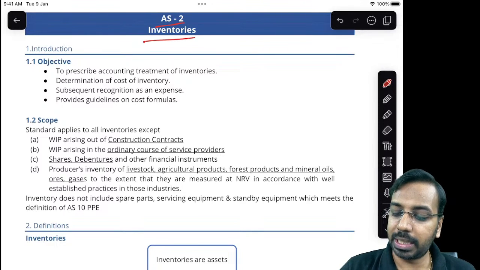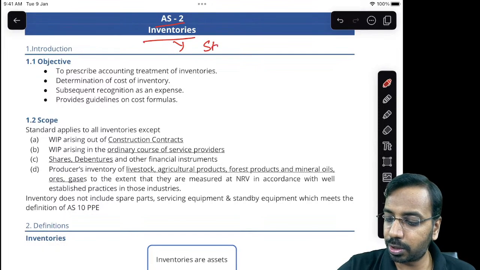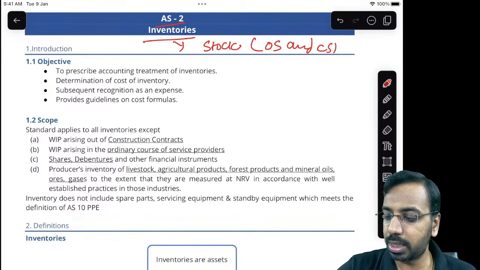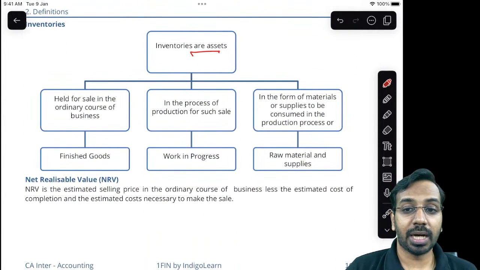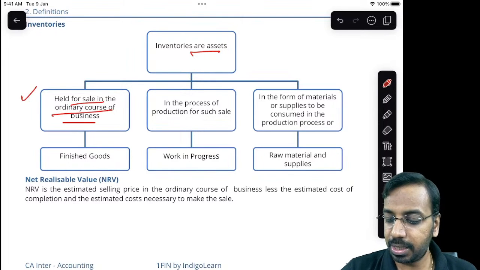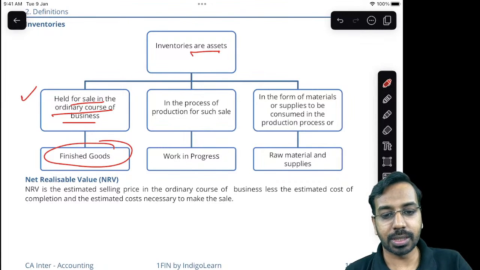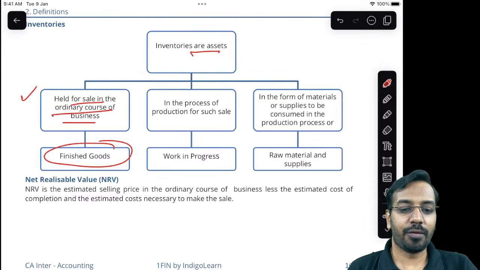Accounting Standard 2 on inventory. Now, what does Accounting Standard 2 deal with? Inventory. Inventory is nothing but your stock, what you see as opening stock and closing stock, right? Now, inventories are assets which are held for sale in the ordinary course of business. This is your finished goods. So for example, I am a computer dealer, I have computers in my shop, that computer is my inventory. So if it is held for sale in the ordinary course of business, that is called